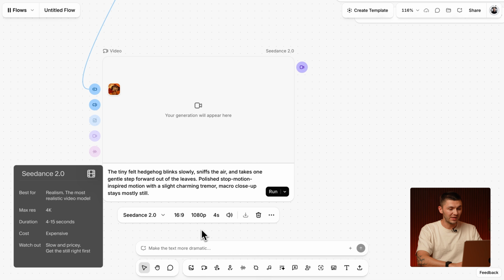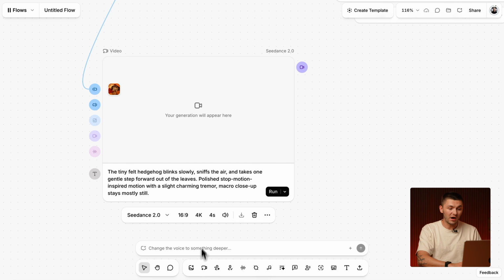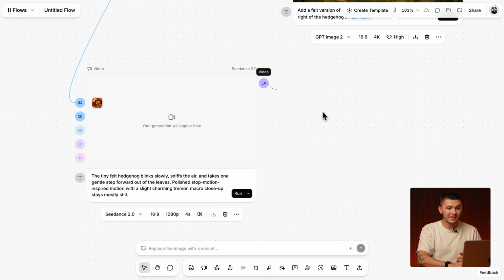and I want to generate this at 1080p. Once again, when you're testing with video, sometimes you want to generate at a lower resolution, which will cost you less credits, before generating at a higher resolution. Or the alternative is actually generating at a lower resolution, and then we can drag from the video node